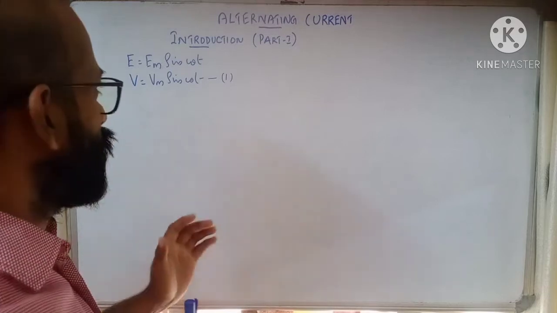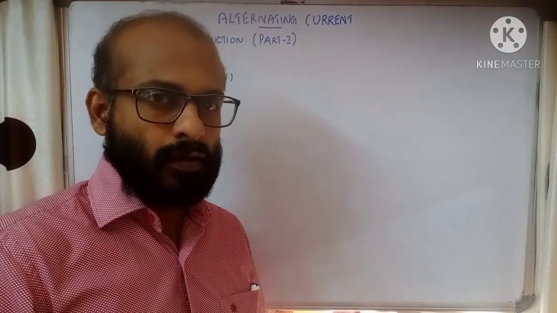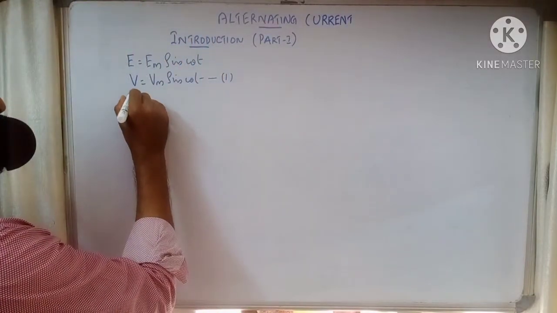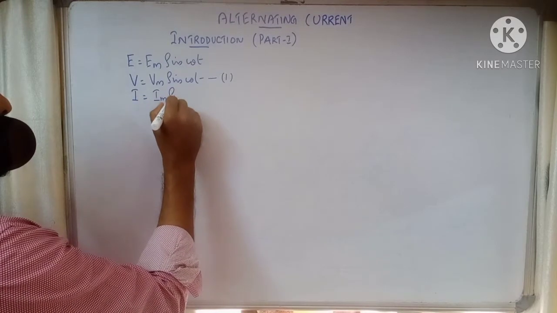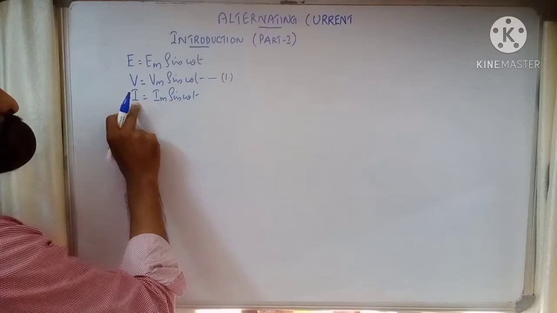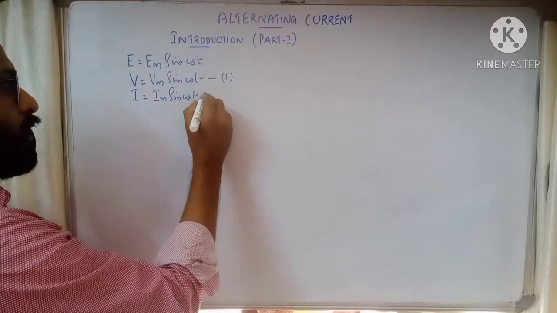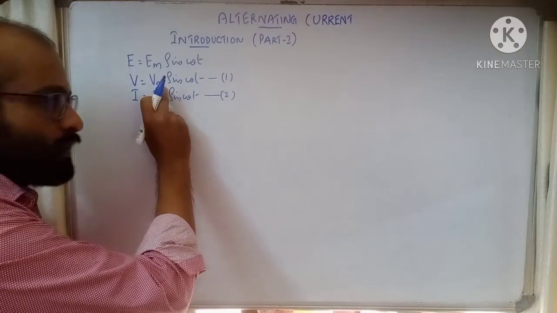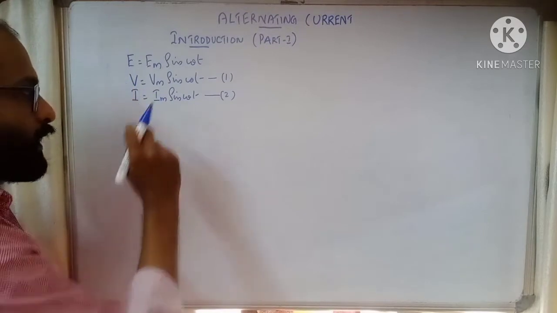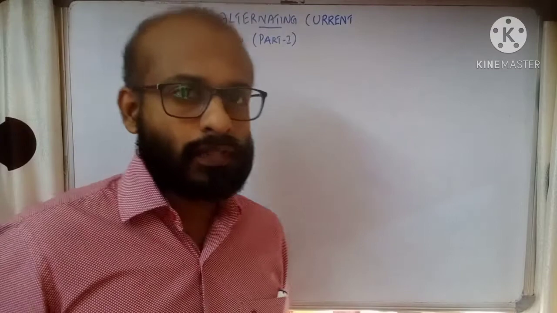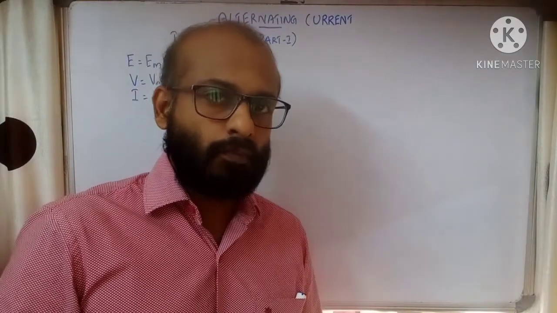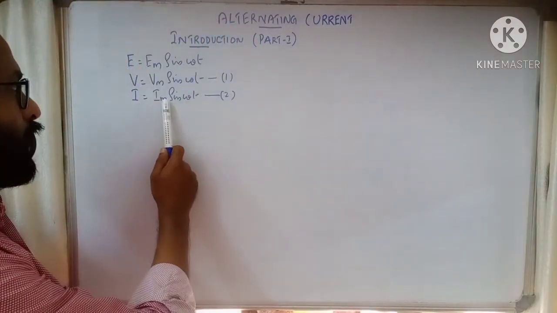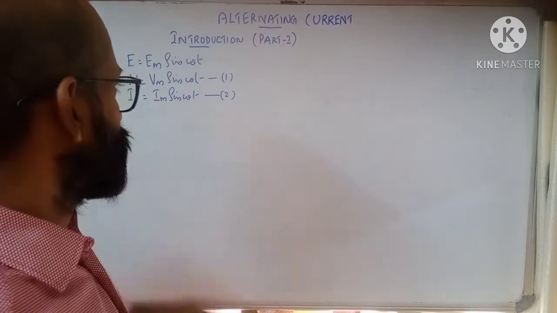Now if the same EMF is applied to a device like a resistor, then there will be alternating current. This is the alternating EMF, and alternating current correspondingly we can represent by the equation I is equal to Im sin omega t. Okay. And what is Im? This is the instantaneous current, and Im is the maximum value of current, called the peak value. This is the peak value of EMF or voltage. This is the instantaneous voltage and this is instantaneous current. So an AC generator produces an alternating EMF, and when this EMF is applied to a device like a resistor, there will be current flowing through it, and the current has the equation I is equal to Im sin omega t. And this we have seen.